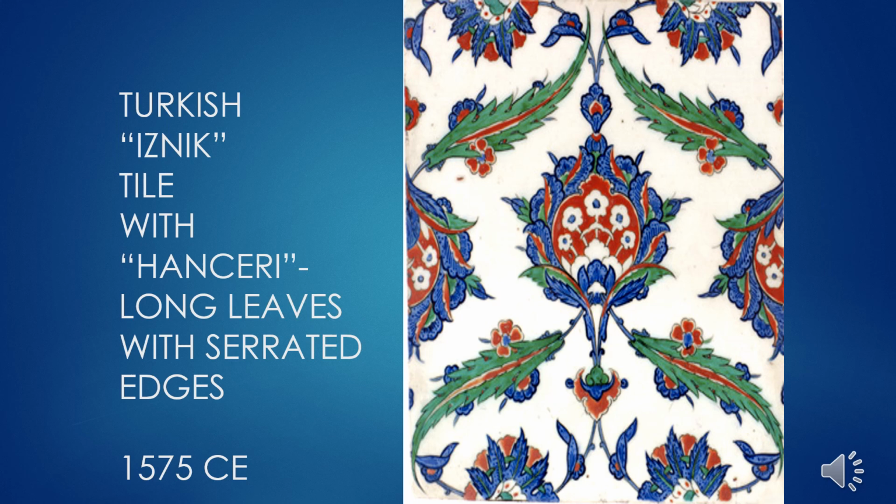And there was a big boom in this type of tile in the mid-16th century. There was a lot of court commissions going on with some of those, where it was like the golden age of the Ottoman Empire. So a lot of building was going on during this time. But we'll see on the next slides how the Middle Eastern tile affected the Chinese porcelain and how the Chinese porcelain affected Middle Eastern tile on the next couple slides.